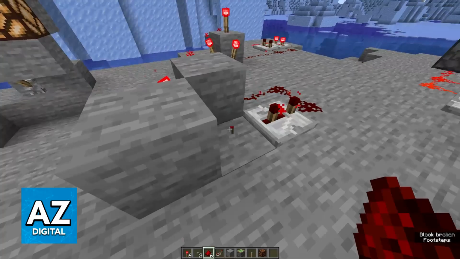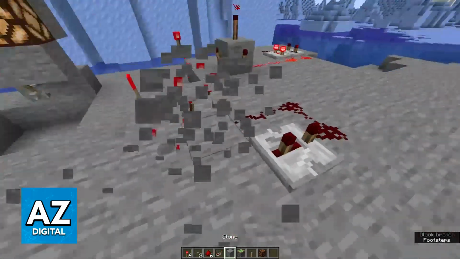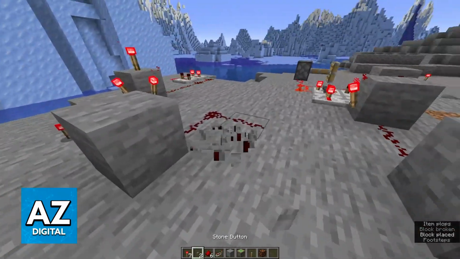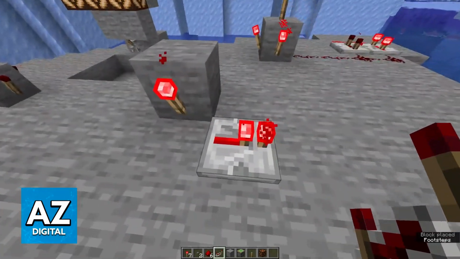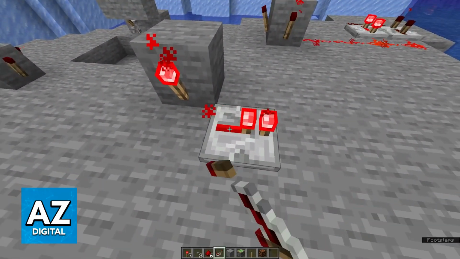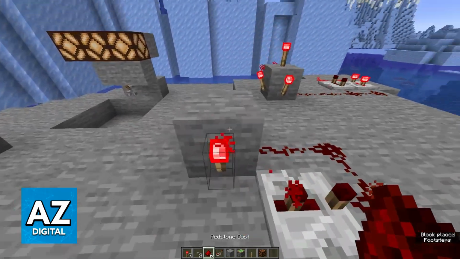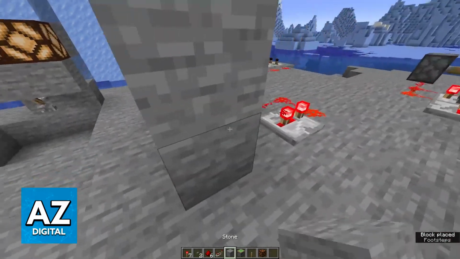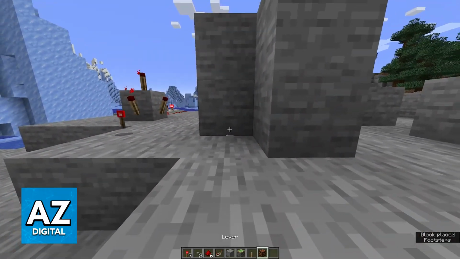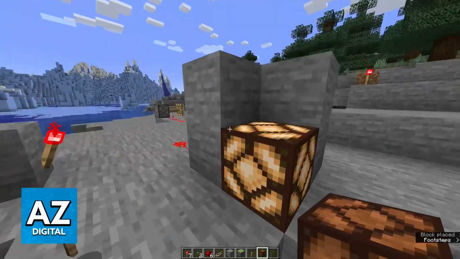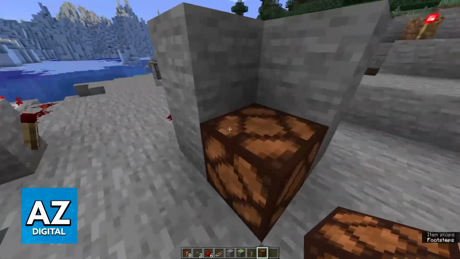You can also do a setup like this one. You place a block down, you place a redstone torch on the block, and a repeater attached to that redstone torch. Remember to set it to the 3rd or 4th option here, and then you bring the redstone dust around to the same block. It's important that you don't destroy this torch because it is what is powering up the repeater, and then you will be able to trigger a signal using that redstone torch.